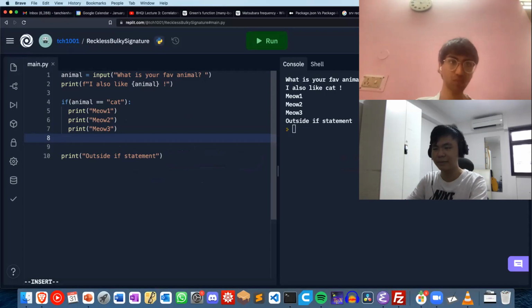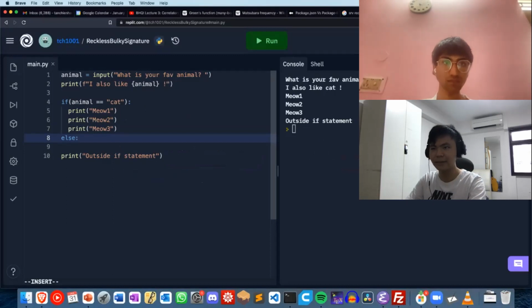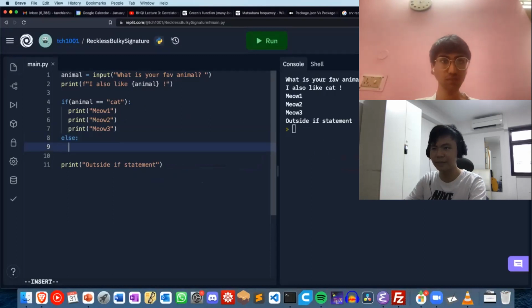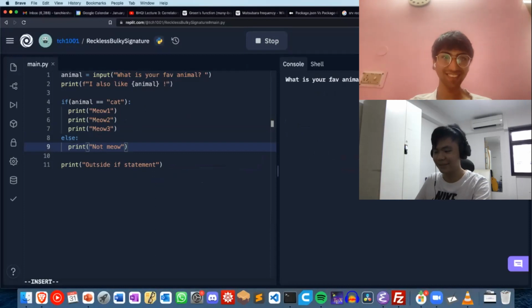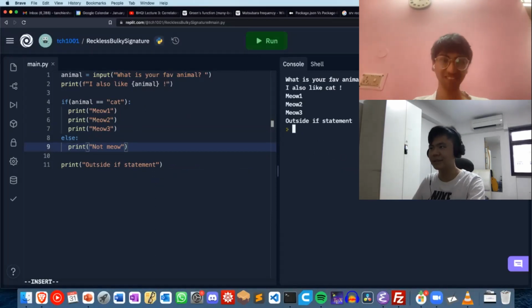So if I want to do that, after the if statement, I delete the indentation and I can write else. Then I write colon and I press enter again. You can see that similar indentation appeared. And then I can write, let's write not meow. And then if I press run, so if I type cat,